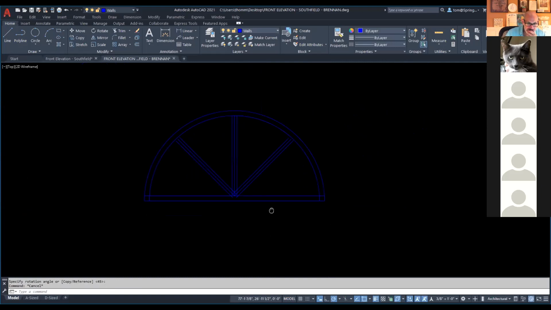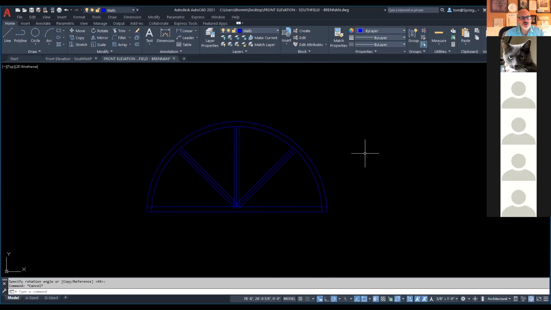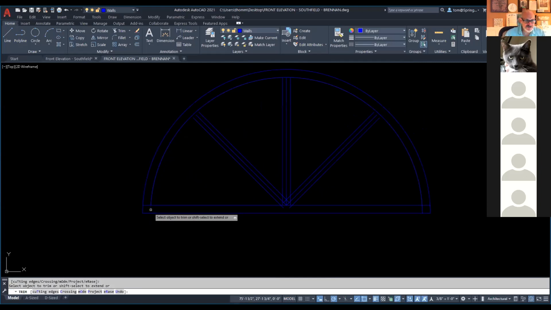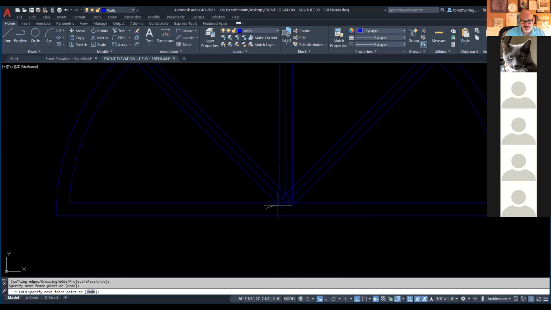Now those are the basics right there. And then what you would do is you'd trim out all of the things you don't want. So in this particular case, you could actually go through like this and just start to trim it out, just to kind of clean it up. Also, the trim command lets you do this kind of a thing. We can actually go through and just clean all this up nicely. All right. And you do all